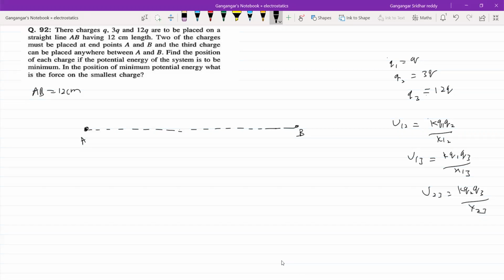Instead of all this, you better draw some three diagrams and just analyze, rather than, if you're unable to use mathematics, go for this. I'll start it like this: Q, 3Q, nothing wrong. Will this be minimum? Now look at this, the interaction between 12Q and 3Q, the separation is less, no? So I'll start another one: 3Q, Q, I'll bring it.